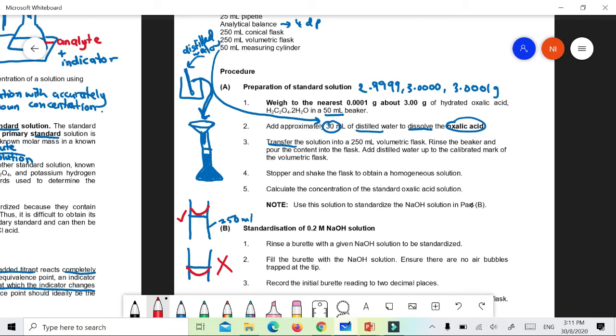So how are we going to make sure that it is very accurate? Remember this, this section is very tiny, long and tiny. So that means you must be very careful. When you keep adding distilled water, make sure you don't go over the graduated level. So bila nak sampai dekat-dekat nanti, okay, ambil